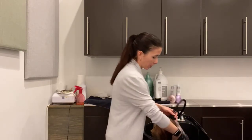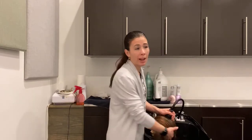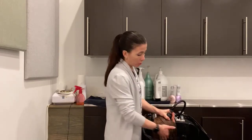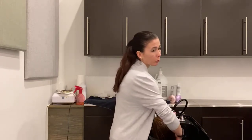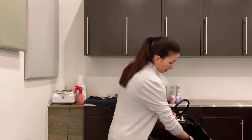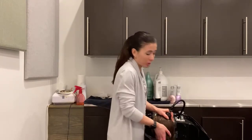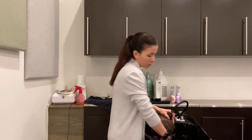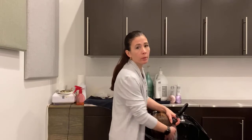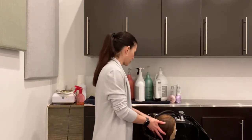So let's wash your hair, and then the next tip would be how to dry your hair when you're using a towel. Usually it's recommended to use a microfiber towel. It doesn't dry the ends of the hair. And you have to be gentle, because if you're not gentle, you are making your hair dry and you are opening more the split ends that you have in your hair. So let's give her,